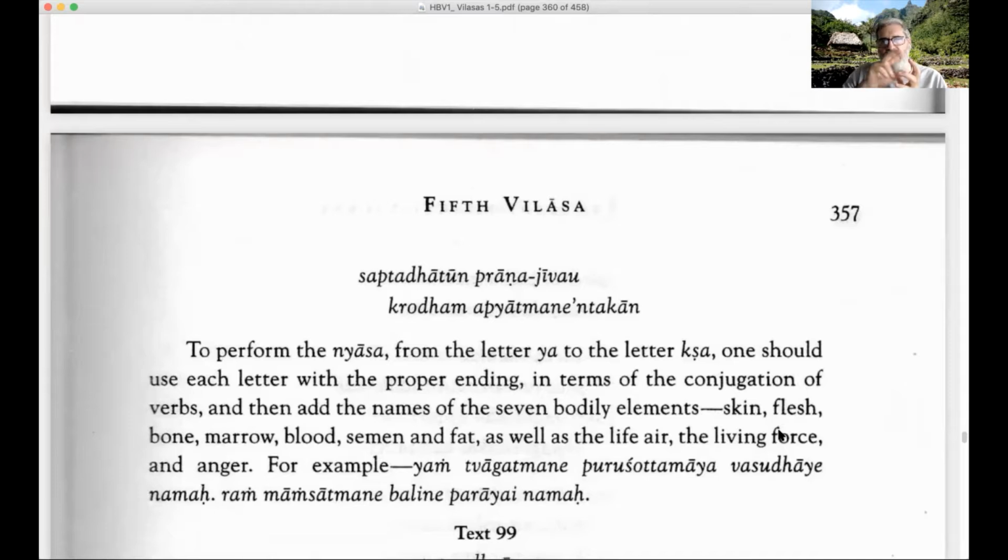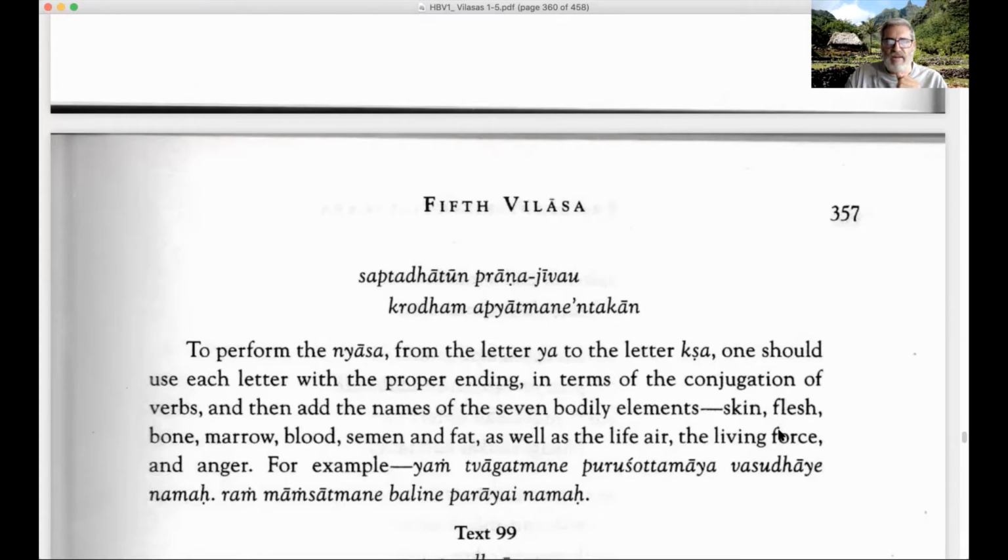The Sanskrit alphabet has a certain order. When we get to ya, ya is the beginning of what we call the semivowels. After the semivowels, we get sibilants, then we get the aspirate, and then we get this conjunct letter ksha. And then we finish the alphabet. We finish the 50 letters of the alphabet.